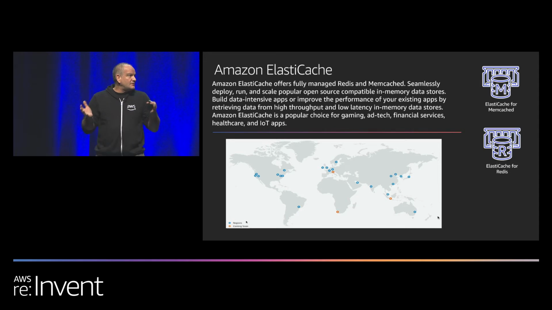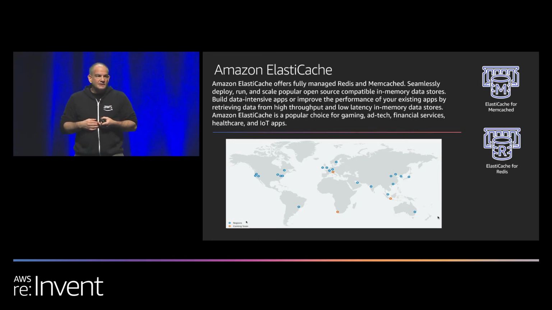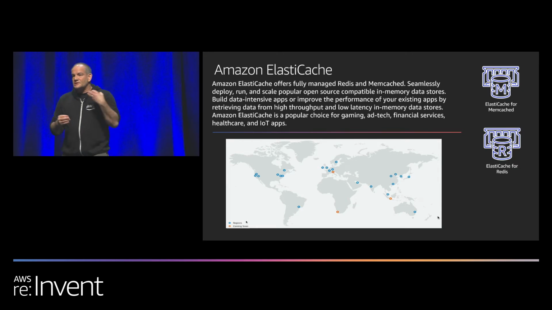So a little bit about Amazon ElastiCache. Basically recognizing this need in the industry, we built a hosted service that supports Memcached and Redis. It's deployed in all of the regions for AWS. And it's been around since 2011 as a service, and since 2013 supporting Redis. So there's a lot of maturity, there's a lot of lessons we've learned, and a lot of those capabilities we're passing to you in terms of managing Redis for you.